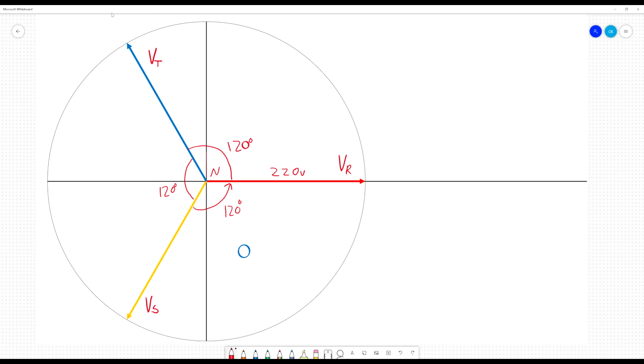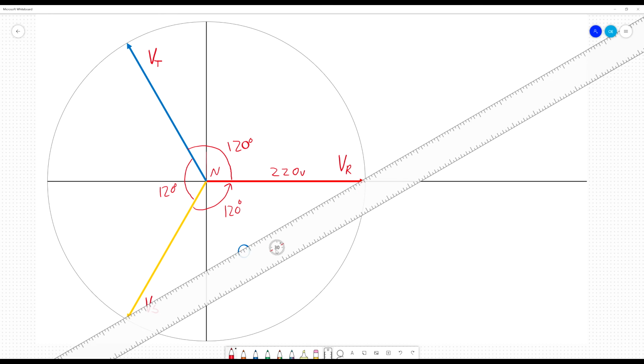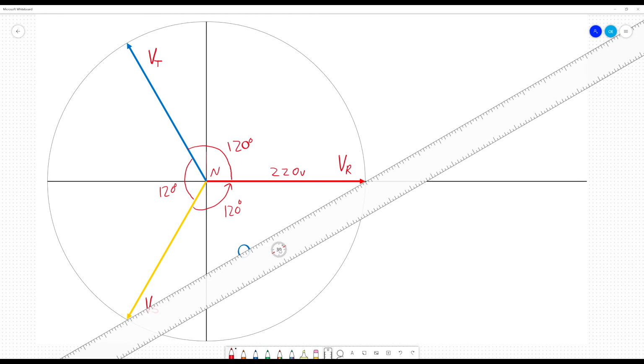Generally, as I said, voltage is specified by line voltage, but to make this clear how we get there, I'm starting with phase voltage and going back to line voltage rather than the other way. I've drawn this to scale, so these angles, 120 degrees, are correct. So what I can do is I can do this graphically. If I bring my ruler up, for example, I can specify a different colour, and I think we'll choose green because it's a nice colour. If I link these two phases here with my green pen,